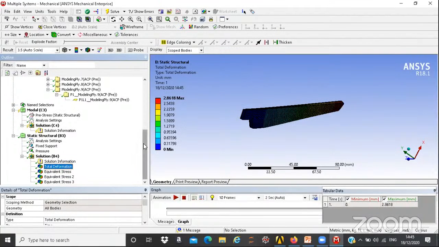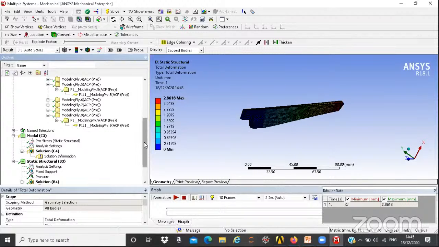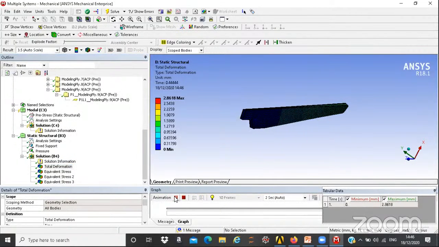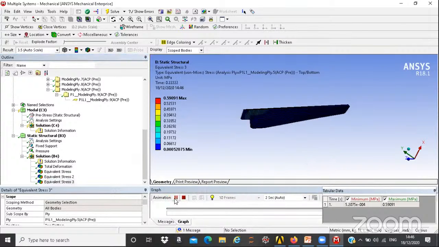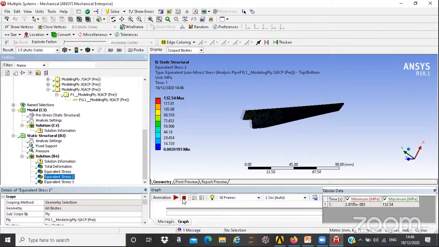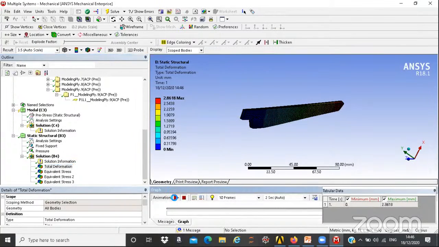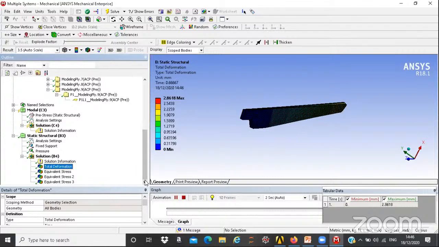So like that you can verify each and every ply individually. You can check, you can do analysis, how much stress is acting on that particular lamina. Now our target is to find the natural frequency of that blade. Here you can see the animation also, how the blade will act. This is our core material and this is your lamina last, right? And if you want total deformation, now we are going to calculate